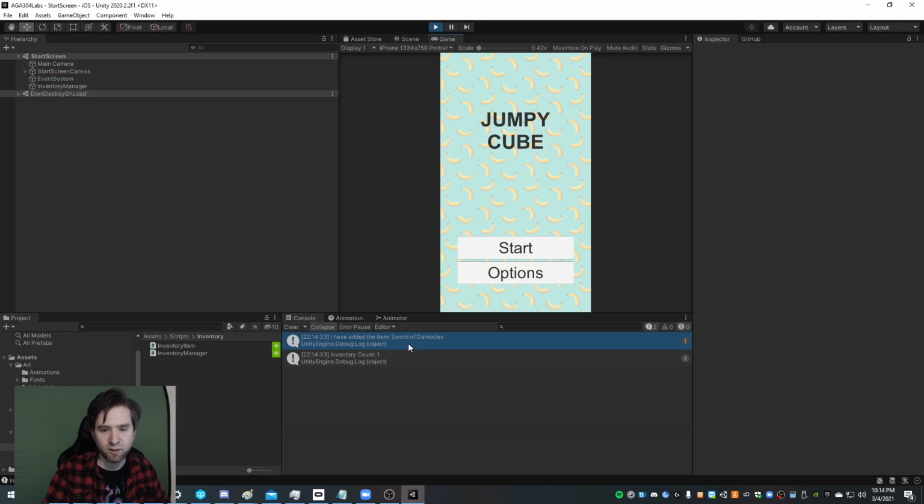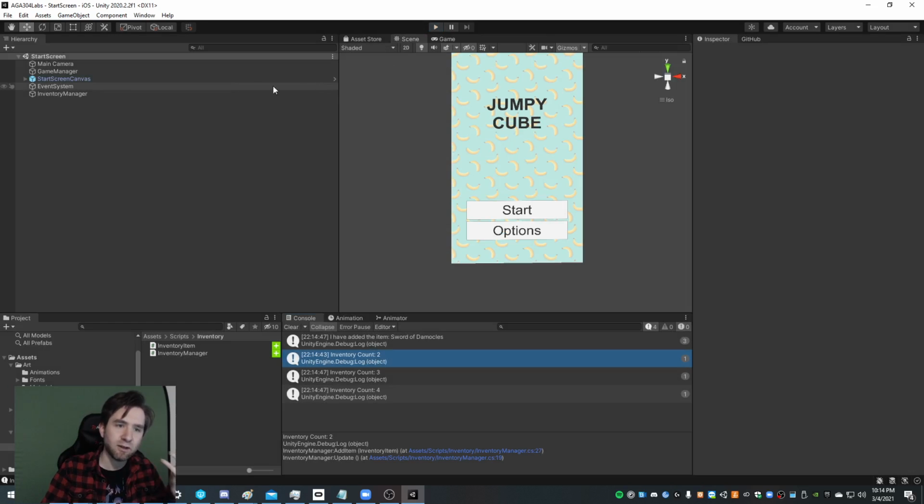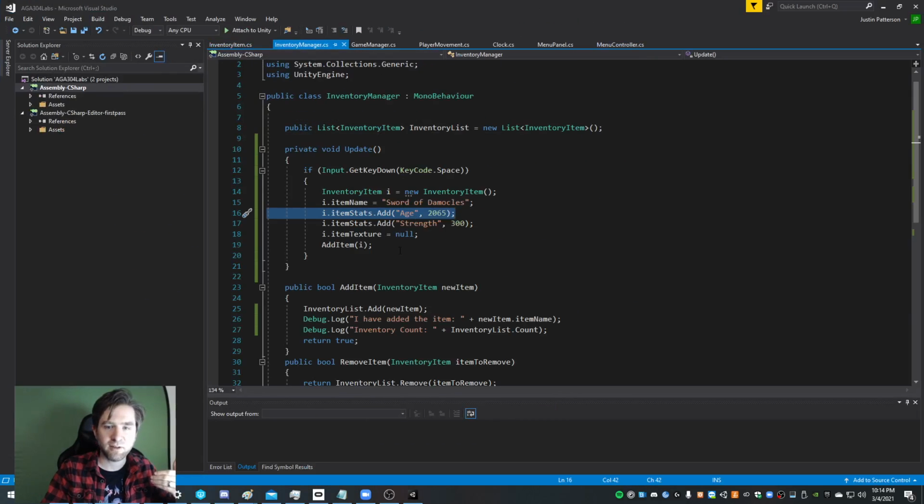Boom. Sword of Damocles, 1. I hit spacebar, and if I hit spacebar again, it should still say I added the Sword of Damocles, but now it should say 2 because I've added it twice. Boom. So now it says count 2. This could be caused by hitting an object. So not only will I set it up so that when I hit spacebar it'll add the Sword of Damocles,